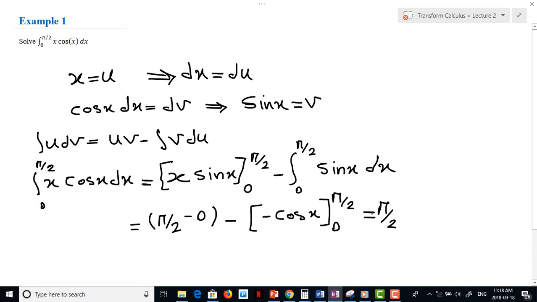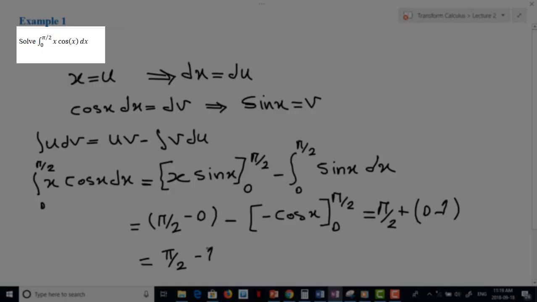Minus times minus is plus, so here we have minus, here we have minus, so it's plus. If I apply the upper limit, we have cosine pi over 2, which is 0, and if I apply the lower limit, we have cosine 0, which is 1. As a result, the integral is equal to pi over 2 minus 1. So we could easily find the integration of x times cosine x dx from 0 to pi over 2 by